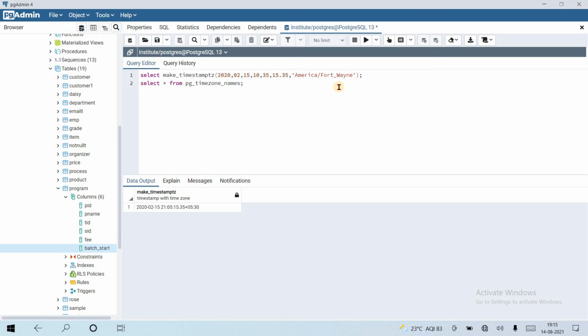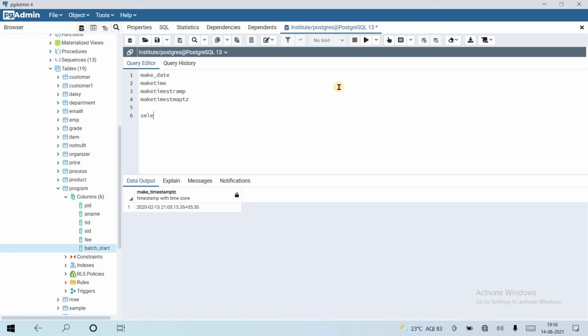Okay, the last function. We have seen the make_date function, make_time function, make_timestamp, and make_timestamptz. Let's see now the make_interval function.